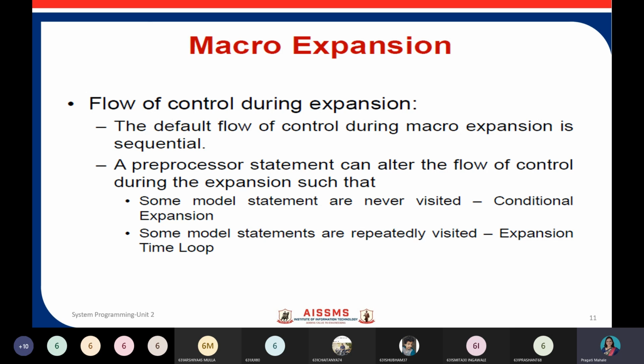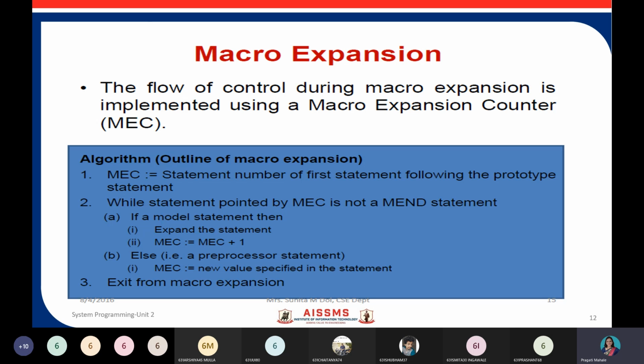So here is one example, the algorithm for macro expansion. You can see a variable is used here called MEC, which is nothing but the macro expansion counter. The flow of control during the macro expansion is implemented by this particular counter.